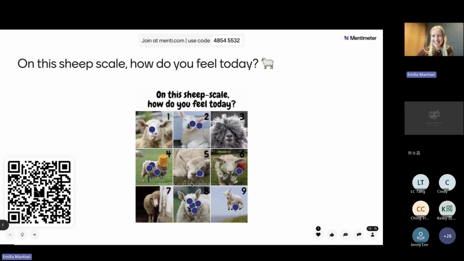Okay, we have some more votes coming in here. Number 8 is still the most popular answer for today, but a couple of people also answered number 4. That's a bit of a fun one. I love that. Still some people coming in, but I think we can probably get started. And those of you that are joining a bit later, you can simply join once you're here.